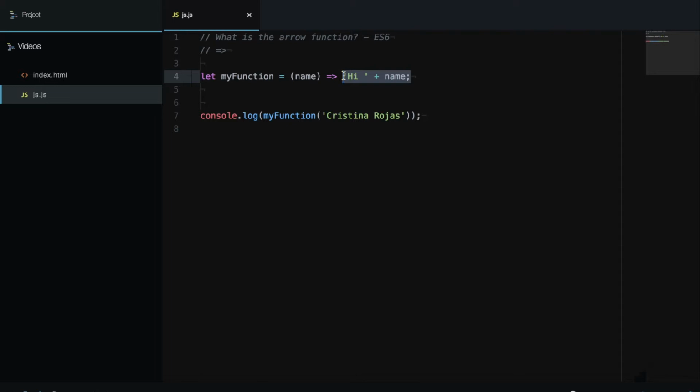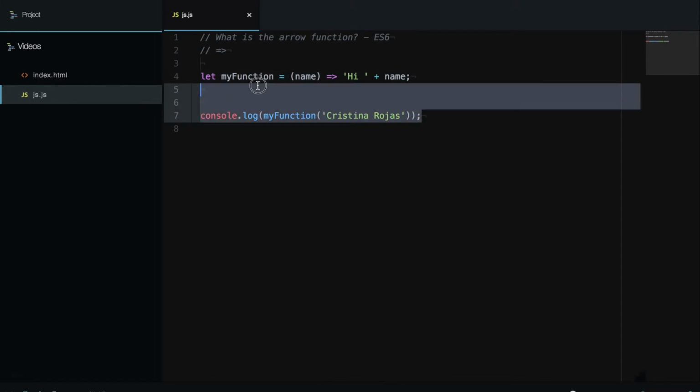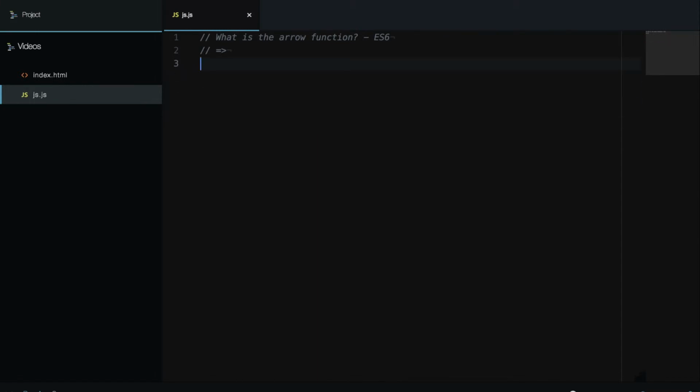Okay, so let's see another thing about arrow functions: the keyword this in arrow functions. The value of this will be the same as the value of this of the enclosing scope, the global scope or the function scope, where the arrow function is defined. In a traditional function, the this keyword refers to the context object. Let's see one example to clarify this definition. So if I have one object, myObject, here, and then I open the object here,